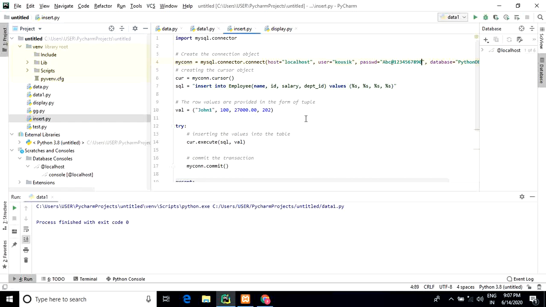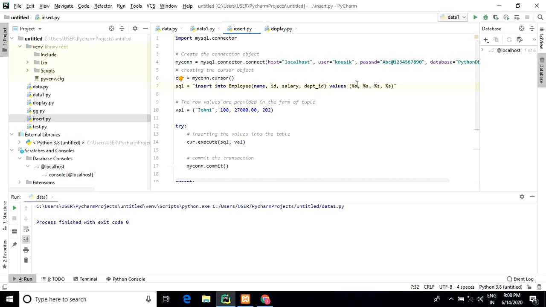Insert value, some values will be inserted. Same as it is. Look at here, connector class, connect, cursor. Now SQL. Here we insert a variable SQL. You can change it. You just write here SQ, ABC, any variable you can set. And write here the SQL command: insert into table name, field name, 4 fields are there, values, and we need to initialize these 4 %s. Single %s for single field name.